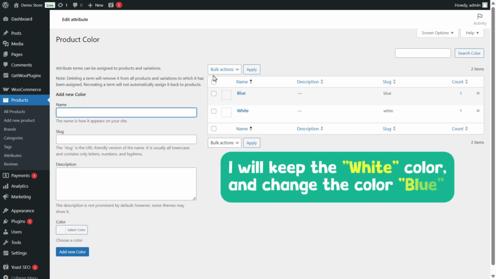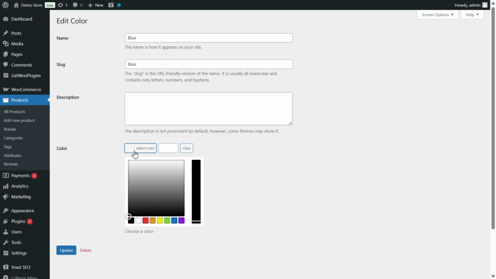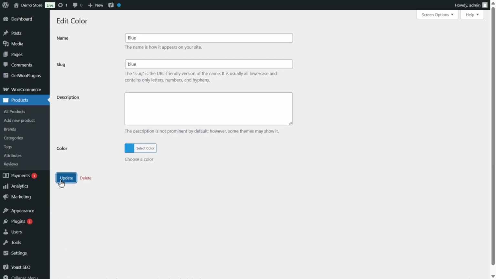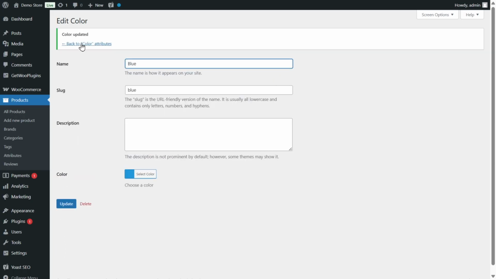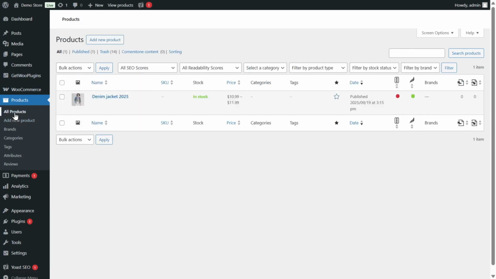For white, it already looks fine, so I'll leave it. For blue, I'll open the color picker and choose the shade I want. Then, I hit Update again. Now, back on the product page,